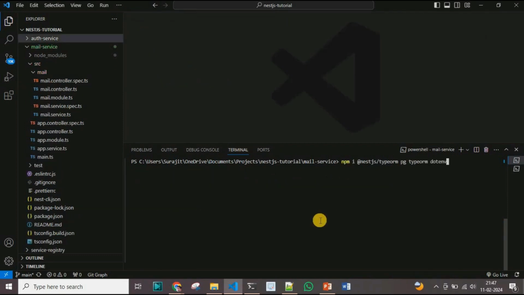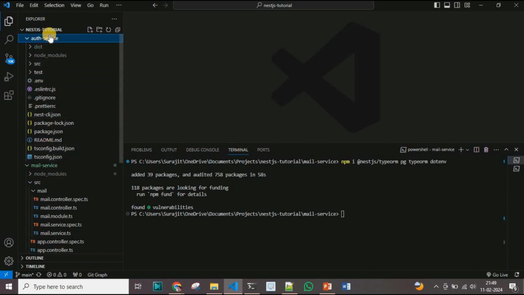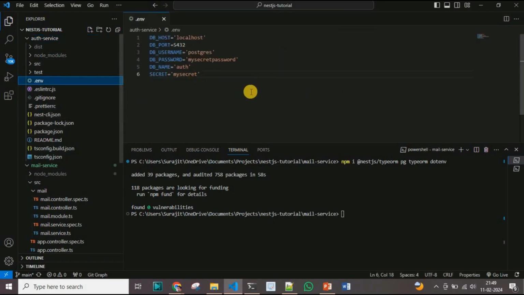In this project I will use the Postgres SQL DB. So that's why I am going to install TypeORM to build the queries of the Postgres, and pg, and dotenv for the environment variables. I am not going to give a detailed explanation of these packages. I already explained in the auth microservice where I used the PostgreSQL, and here I will copy some of the things which we need for the PostgreSQL from this auth service. You can check this video for how I created this auth service with the NestJS and the